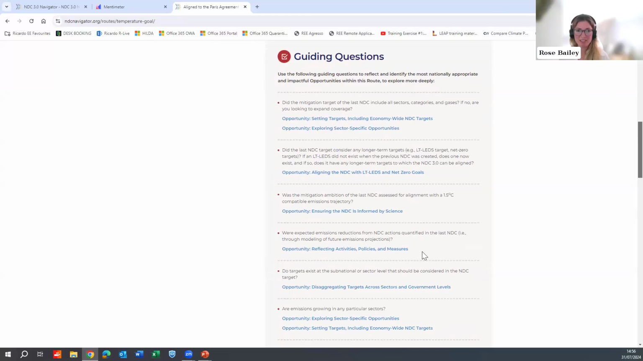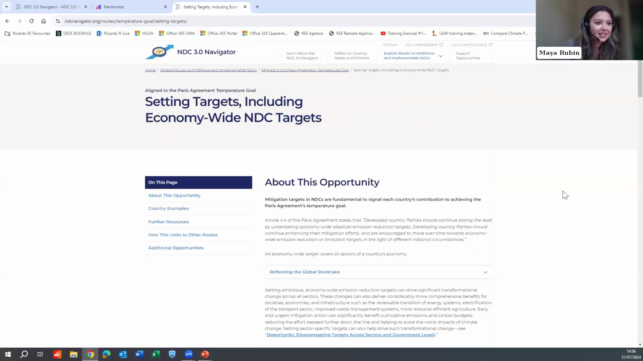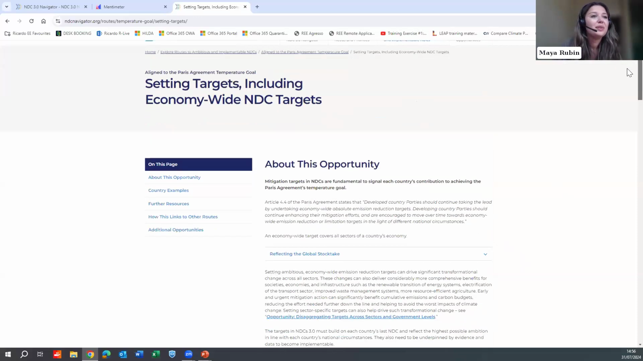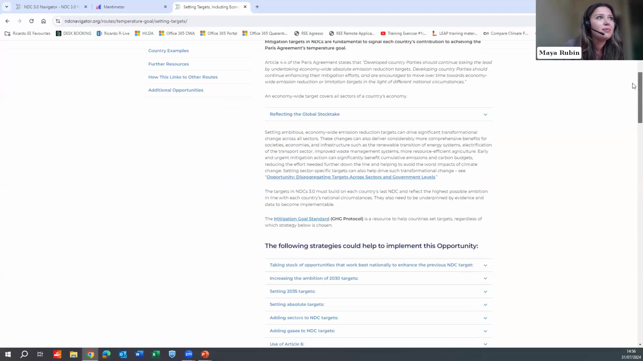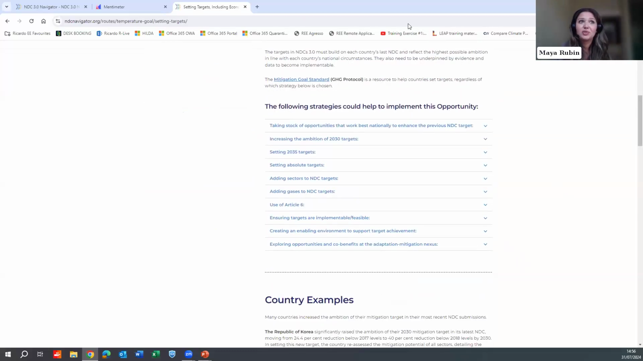Yes, I mean, I'm interested in setting targets, so maybe one of those first two opportunities. Okay, let's start with the setting targets opportunity then. Seems like a good place to start. So we can see that we get a bit of an introduction about this opportunity. Again, some information on reflecting the global stocktake that'll be more specific to the opportunity rather than the route we just came from. And then if I scroll down a little bit further,